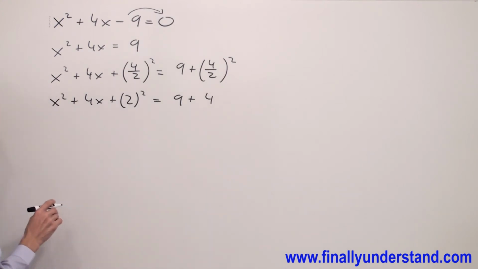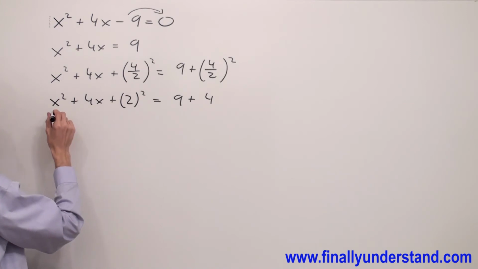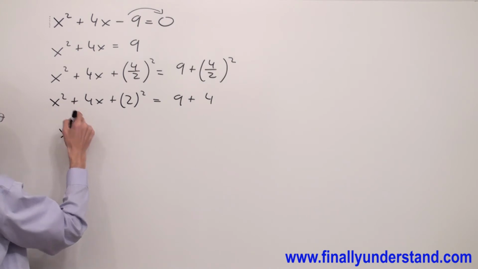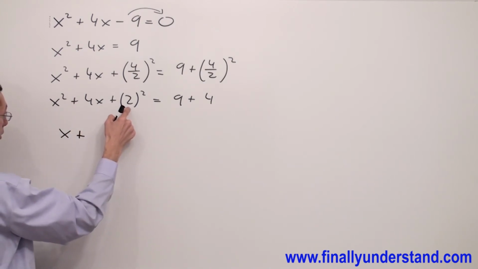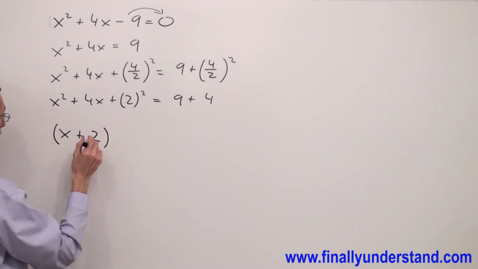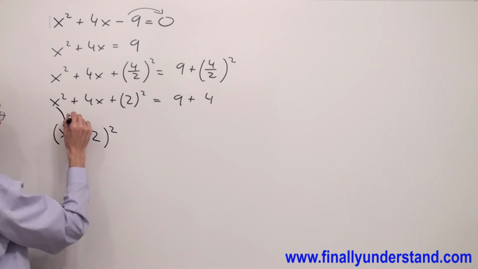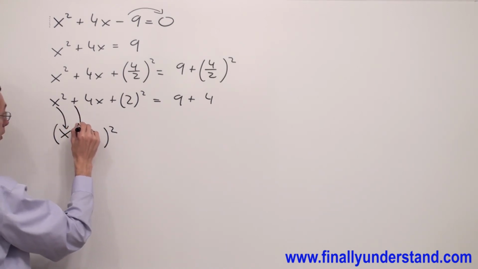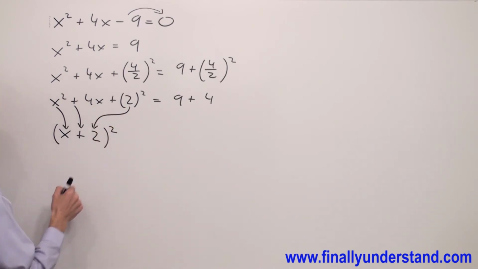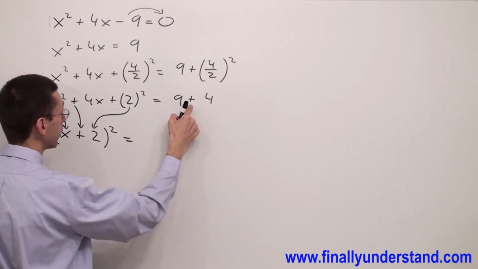So what you're supposed to do next, you're supposed to not look at the exponents anymore and simply copy down x, copy down this sign, plus, and copy down this base, into the parentheses, and everything raised to the second power, okay? One more time. This x goes down, this positive sign goes down, and this base goes down over here. And you're supposed to raise everything to the second power. Equals 9 plus 4